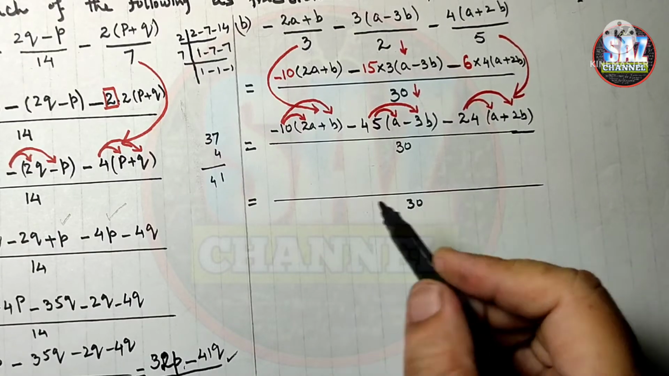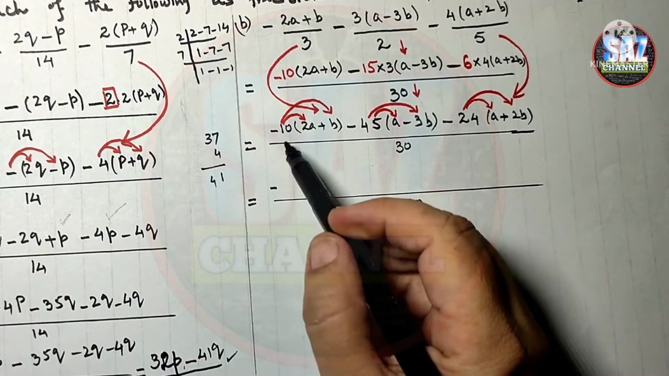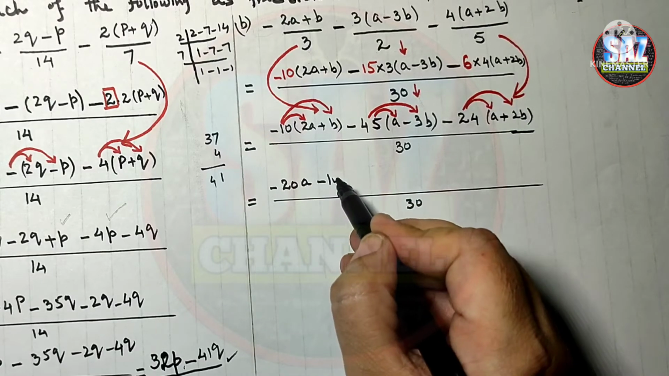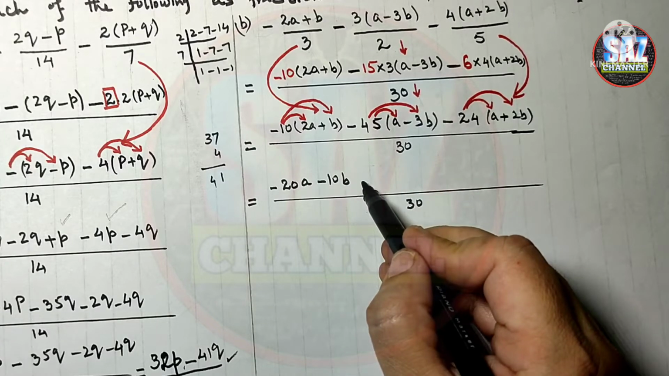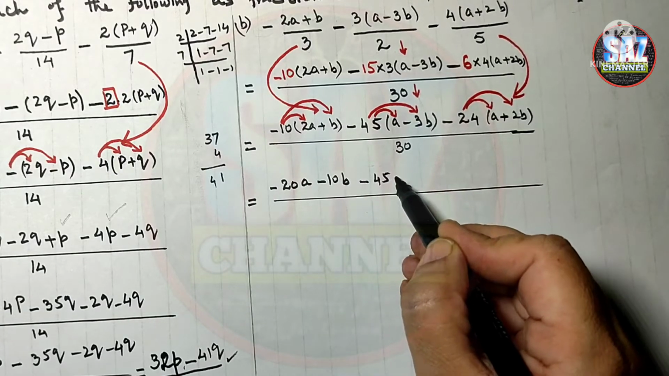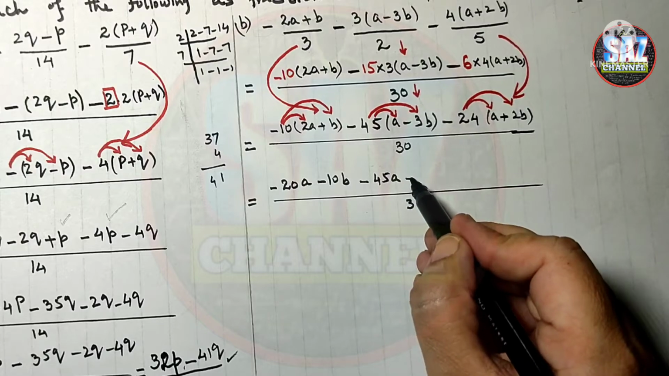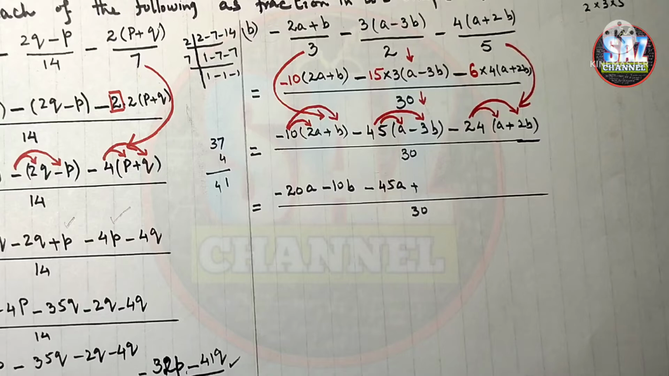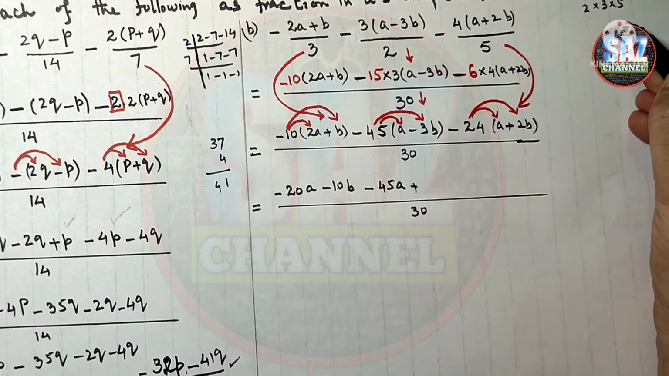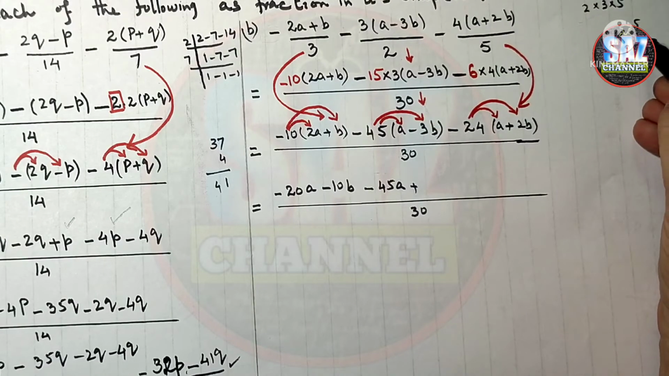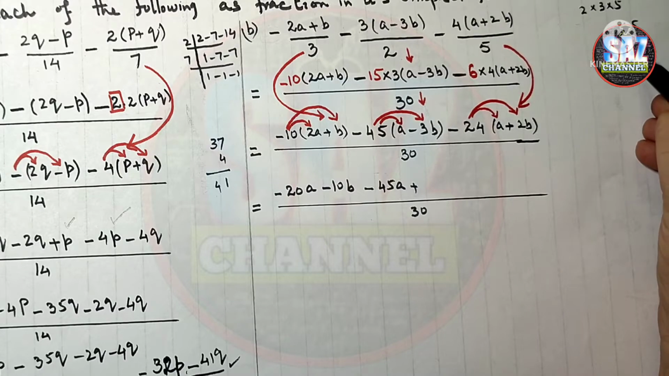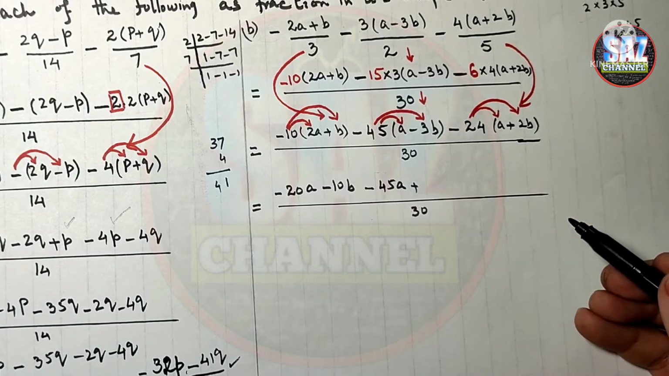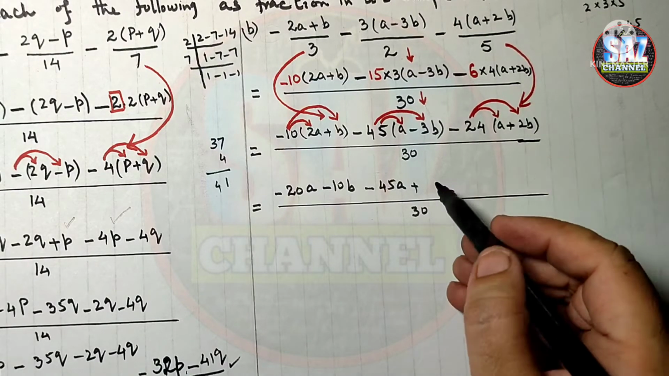30 minus 20a, 10 times 2 is 20, 20a minus 10b minus 45a, minus minus is positive, and 45 multiplied by 3, you can see I am performing the calculation mentally. I am not using calculators. 5 3s are 15, 4 3s are 12, and 1 is 13, 135. 135